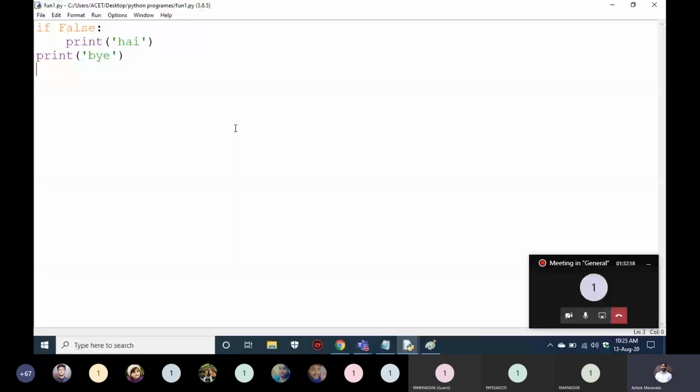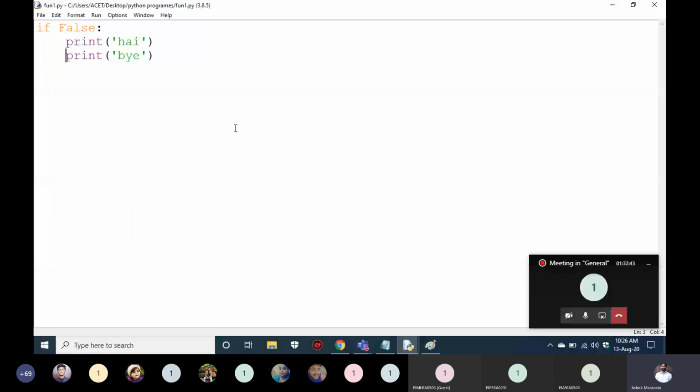So that means this bye statement is not related to the if. It is outside the if. Even though the if is true, even though the if is false, in both cases it is getting executed. That means it doesn't have any relation with the if. If you place this inside the if, లోపల పెడితే కనుక, if you run the code, you will not get any output, because the two statements are inside the if. They will only be executed when the if is true అయినప్పుడే.